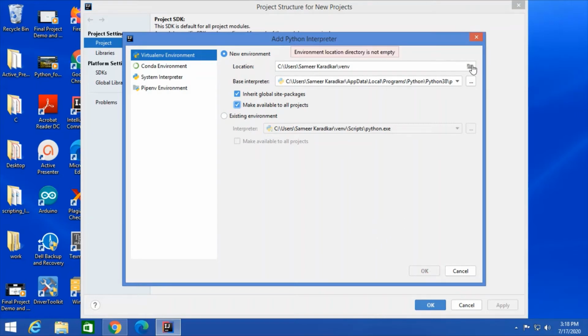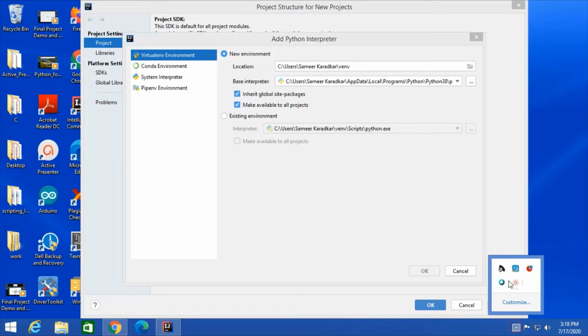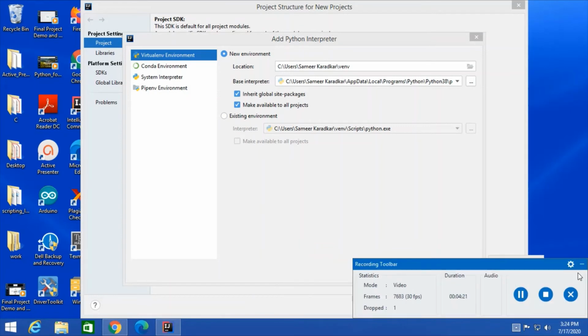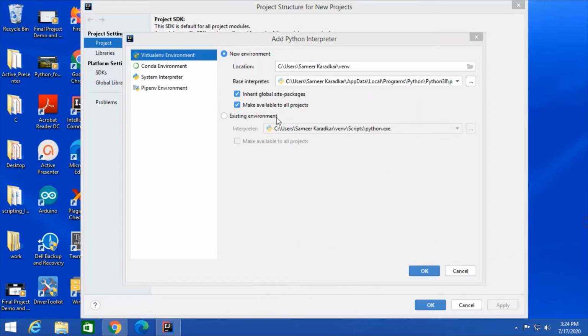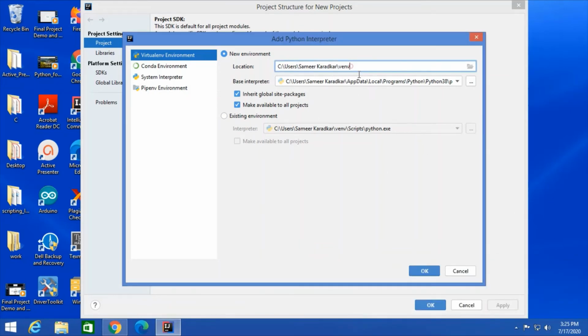Again, there is nothing you should do about it. For you, this will not show any problem. You are not supposed to make any changes. Just tick on those two boxes that I've told you, and as soon as you do that, the OK option will be visible for you. So you don't make any changes on your computer. I'll just quickly go there and remove that stuff. As soon as I do that, it should be visible. It is visible for me right now.